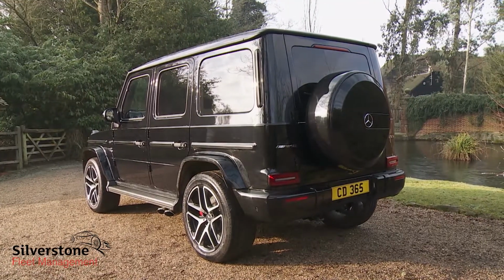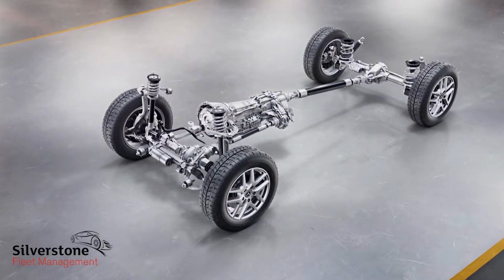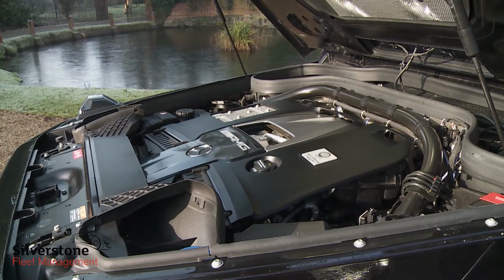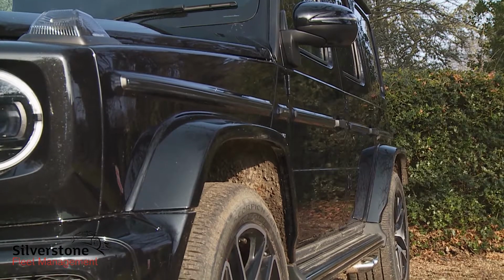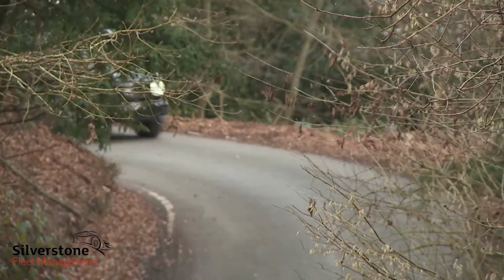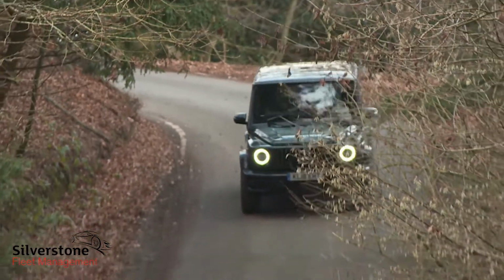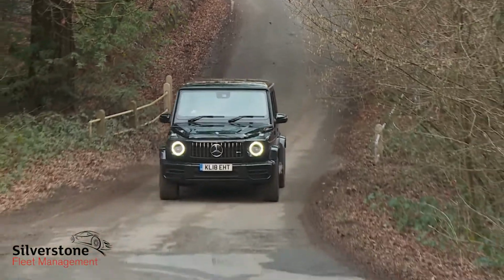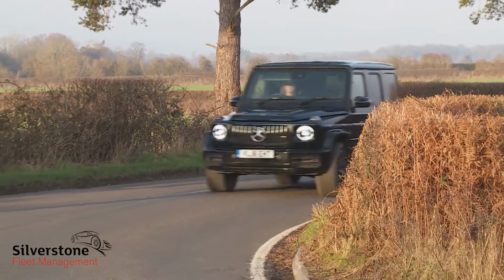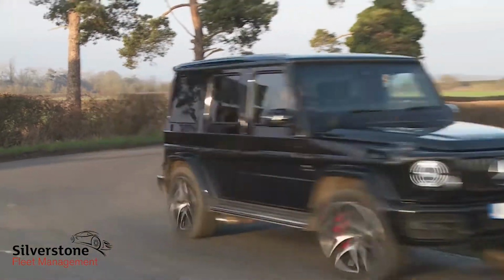And yet what we've got is something quite different, well, for a G-Wagen anyway, and that's thanks to the fact that the front suspension, the steering system, the gearbox and the engines are all completely new. So, you might be surprised to learn, is all the familiar looking bodywork, and it's now fashioned with copious amounts of aluminium, which accounts for much of the 170 kilo reduction in curb weight. It's all enough to transform the way this Geländewagen tackles the only kind of terrain it previously struggled to conquer,